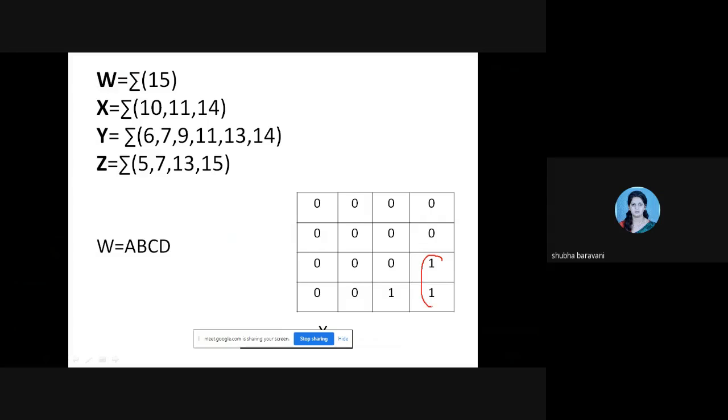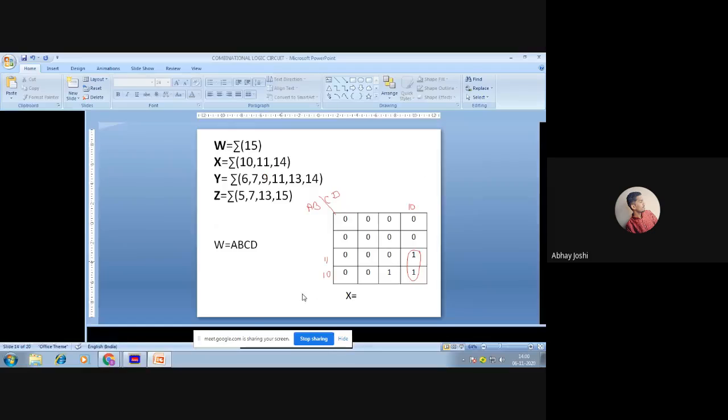You have 2 groups. One is this group. If this is AB and this is CD, this group would give you A C D bar.